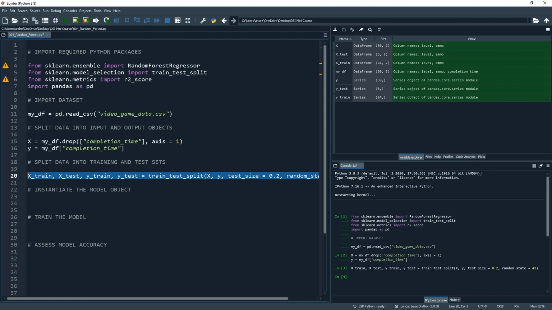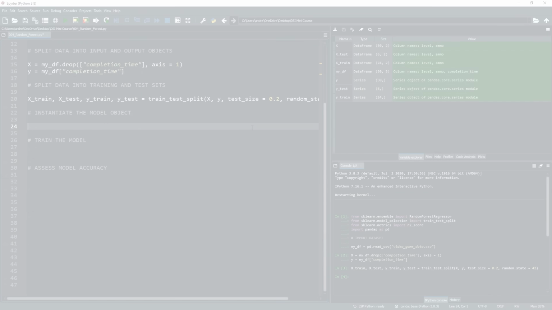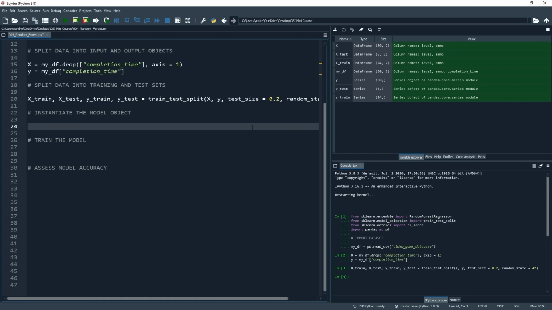And we can see in the Variable Explorer that those 4 new objects have been created. And we can see that our training data has 24 of the 30 data points and our test data has the remaining 6. So we will train our model on 24 of our players and then assess the predictions on the other 6. Of course, in the real world, you'll be using much more data than this, but I think it's quite important early on to be able to see everything in action, and that's why we're using quite a small volume here.